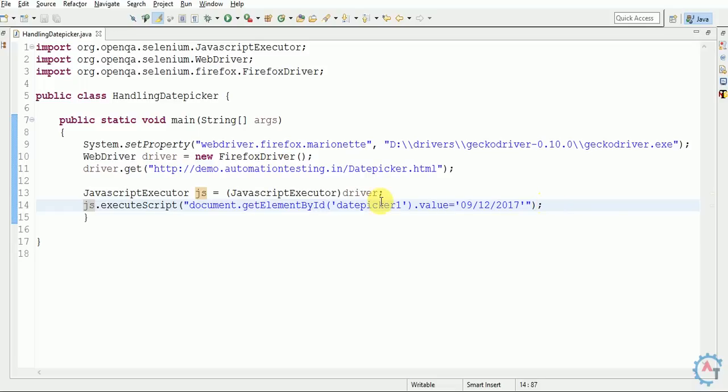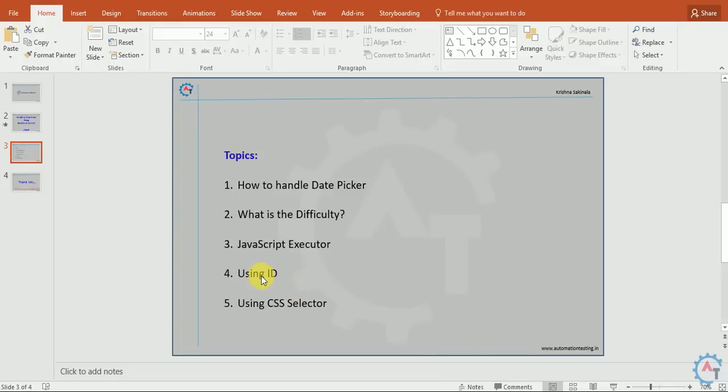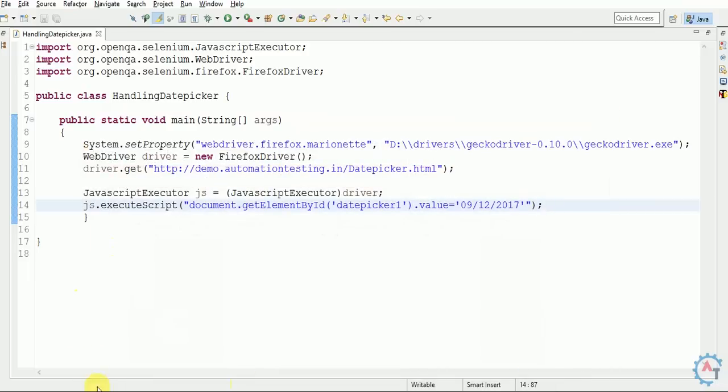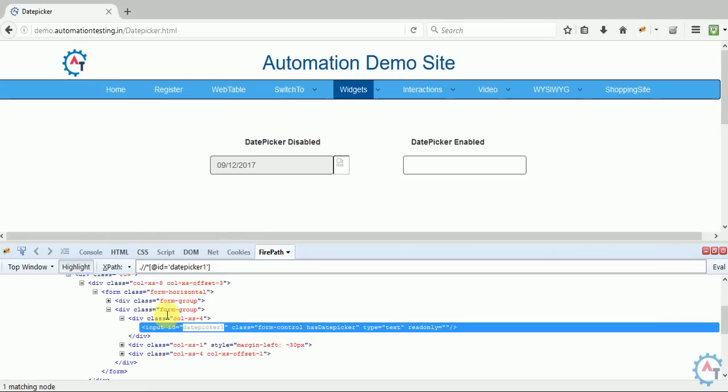Okay, I want to discuss one more thing. As we discussed using ID, we'll now see CSS selector and why CSS selector. I go here, and you have an ID for this. Sometimes there is no ID for the elements. The developer will not give any ID to that. Now how will you handle these situations?